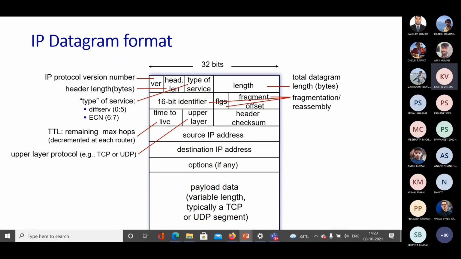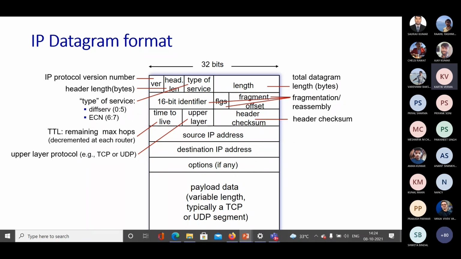So you're basically either breaking the entire data into small fragments, and then at the receiver side you are trying to reassemble them, right? The breaking part is fragmentation, and assembling it correctly is reassembly. For that we need some information that is given by these three fields: the 16-bit identifier, the flags field, and the fragment offset. In the same chapter we will see how we can do this. All right,